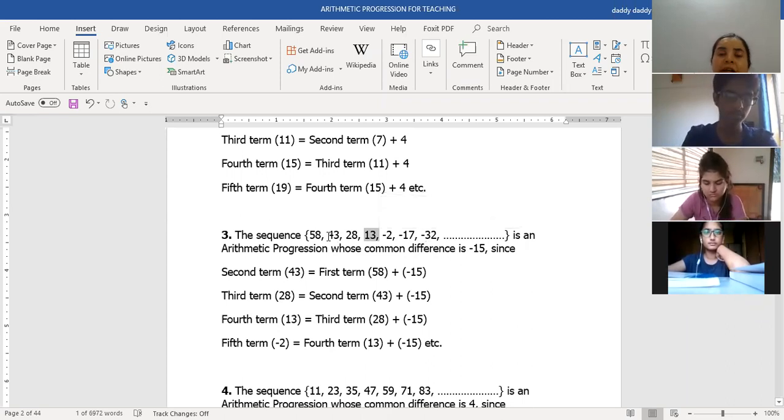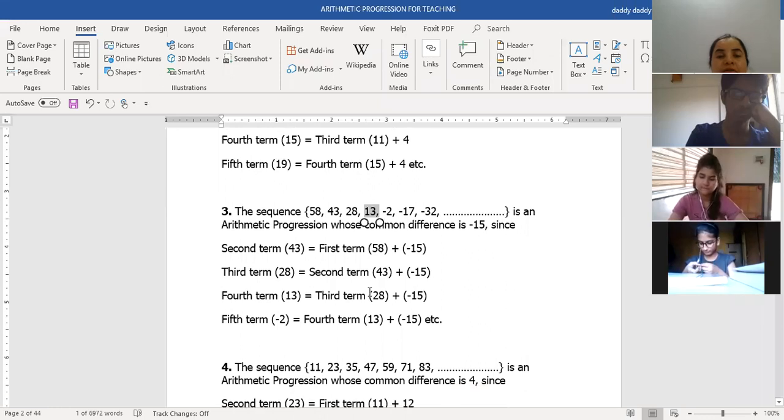So as long as throughout the chain, wherever you are picking up the term and the preceding term and finding out the difference, and the difference is same throughout, that means it's an arithmetic progression series. So whether the series is a descending one or it is an ascending one, it does not matter as long as it follows this rule.